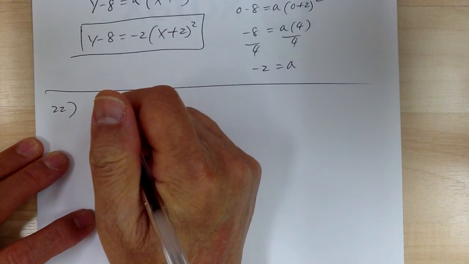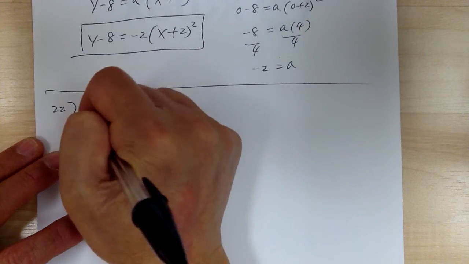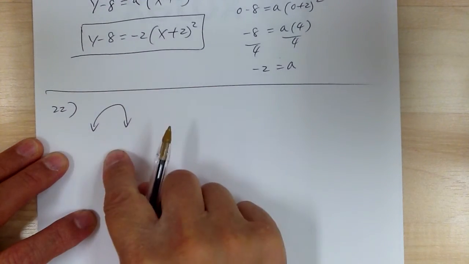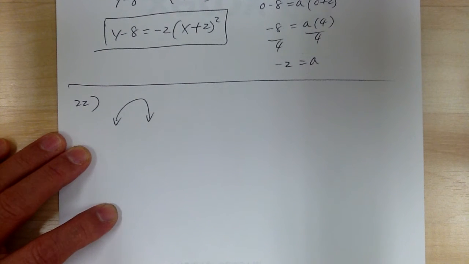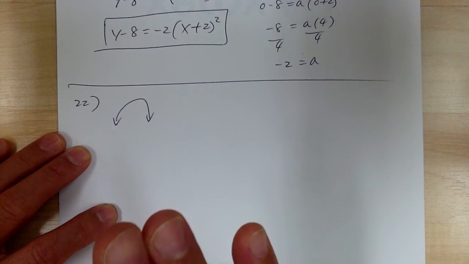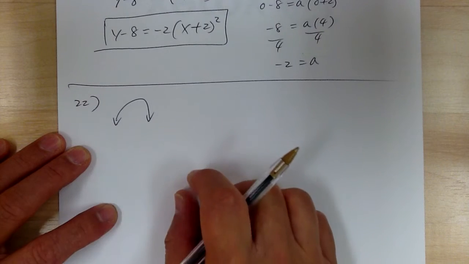Okay, so it says the parabola opens downward. So make sure you write down all your information. It helps you to think it through. And the y is congruent to